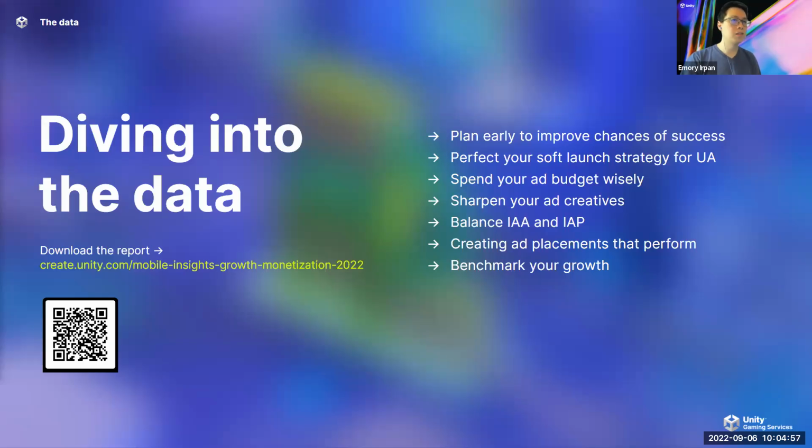So let's dive into some key areas of this report. First, I'll talk about some interesting game genre data and the importance of identifying a target audience when making a title. Next, Kristen will walk you through some very interesting soft launch and user acquisition findings. We'll both wrap back up by talking about the balance between in-app advertising and in-app purchases. After that, we'll address any questions that come in during the Q&A, so make sure to use that Q&A feature so we can see them.